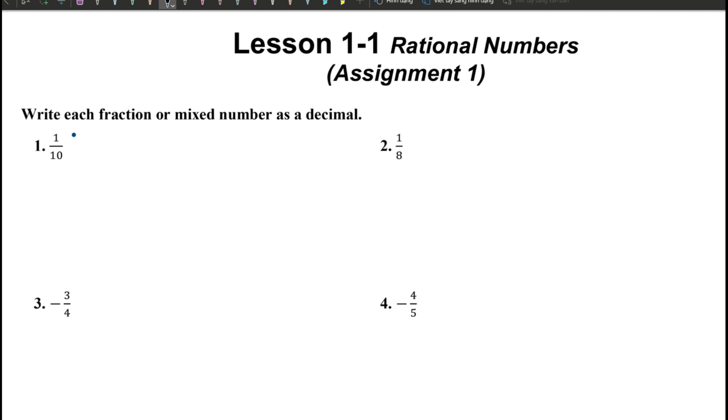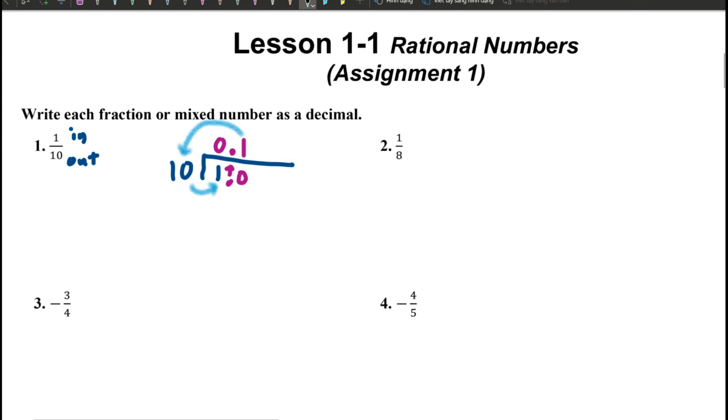So first, you're going to use the in and out method. Inside is 1, outside is 10. Okay, there was a glitch. I wrote it, but it didn't pick up the writing. So inside is 1, outside is 10. Then we need to bring up the decimal point. 10 going into 1, 0 times. So you're going to put 0 and add 0 after the 1. Now 10 going into 10 is 1 time.